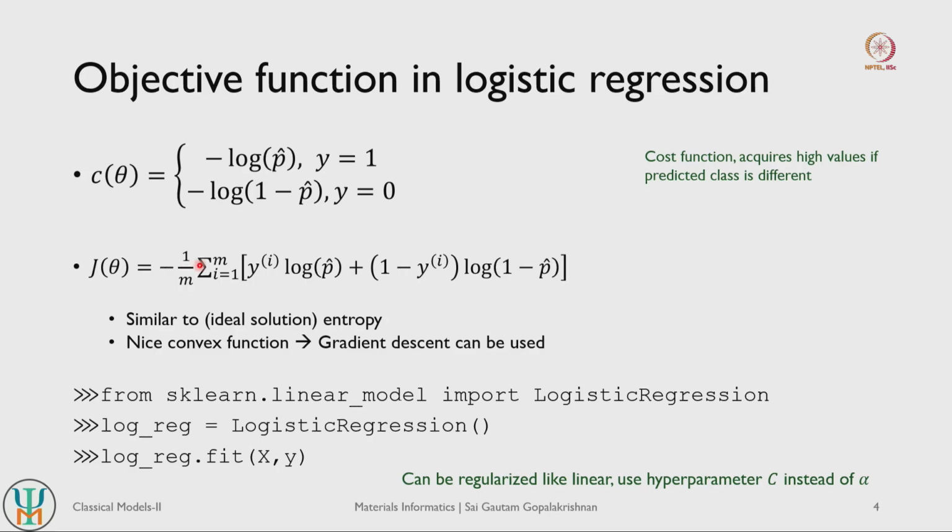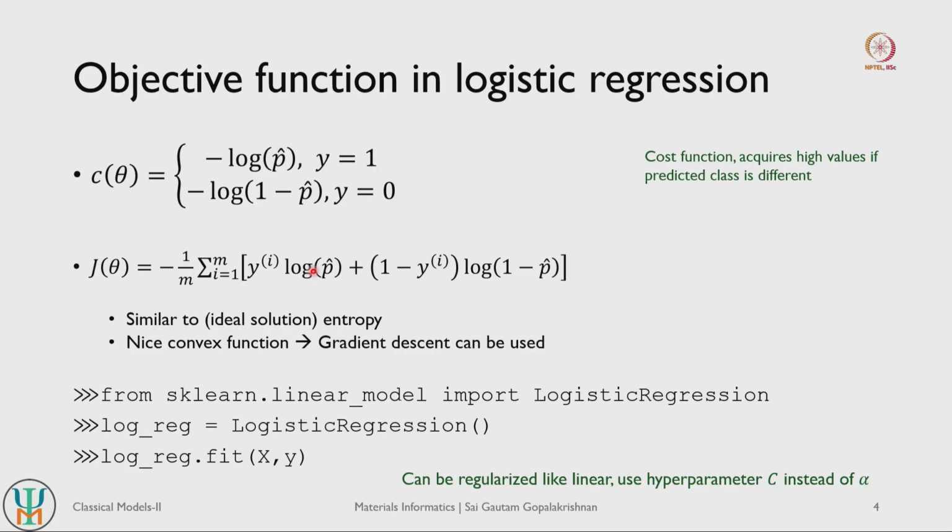So we basically define this as negative summation of y times log p plus 1 minus y times log of 1 minus p, where y is defined for each data point or each instance here. So y is the actual value and p is the predicted value. This builds on the cost function here. So if y were to be 1 and p is 1, then your objective function goes to 0, but if y and p take opposite values, then your objective function blows up to infinity.